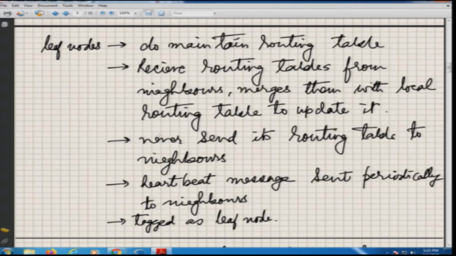But then the endpoint address to node ID mapping of these nodes can be maintained at the root node of the leaf node. So, they do maintain a routing table. What they do is receive routing tables from the neighbors in the current routing table. It all starts when you log in: you connect to a bootstrapping node.